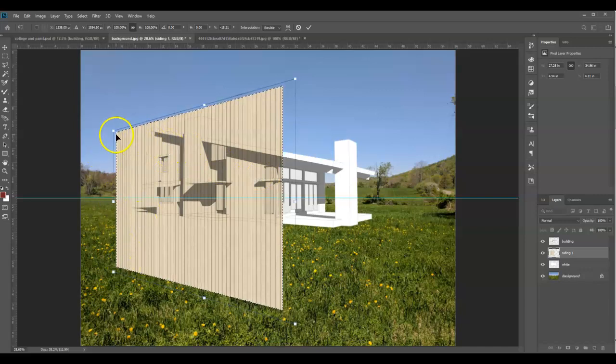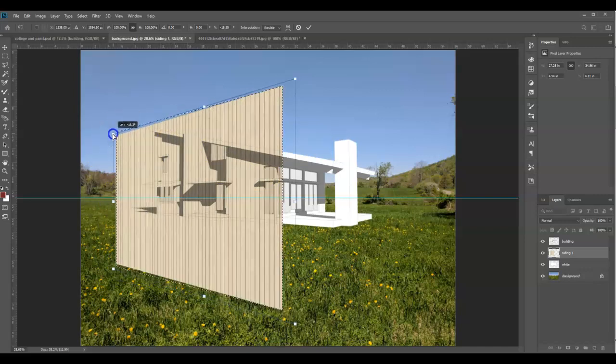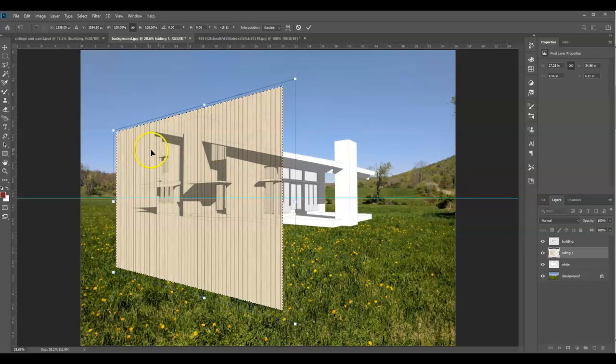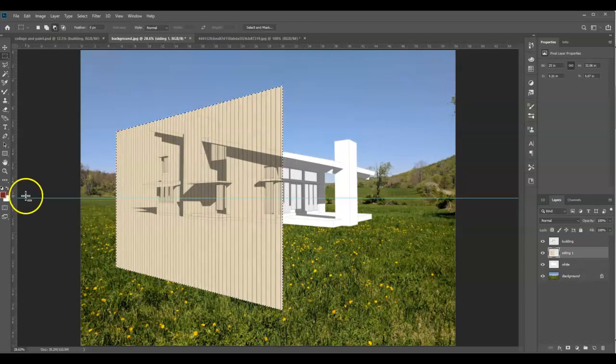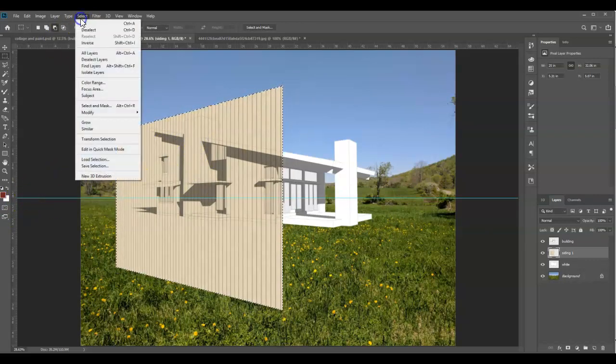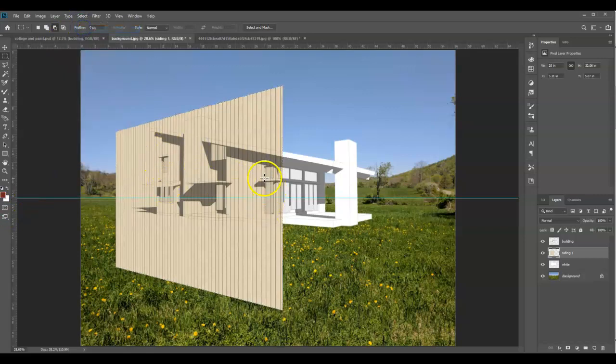And you can really set this to be whatever you want. If you want to be perfect about it, you really can start to say the vanishing points should vanish somewhere matching this house, but no one's going to match that up. And you can see just by looking at it, I'm already pretty close to it. So I'm going to estimate something like that. I'm going to hit return, or double click on your mouse, and I'll do Select, Deselect. And you can see the siding now, although it's extending outside the house, is really in perspective to the house